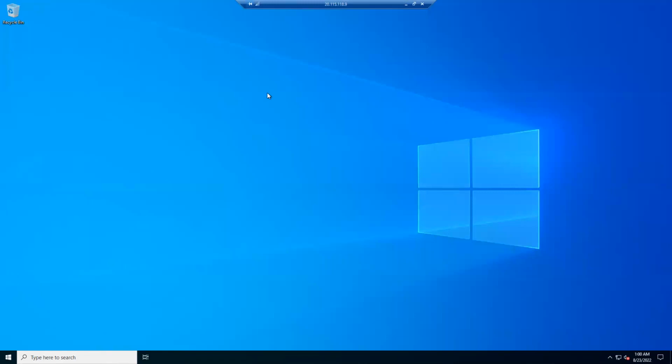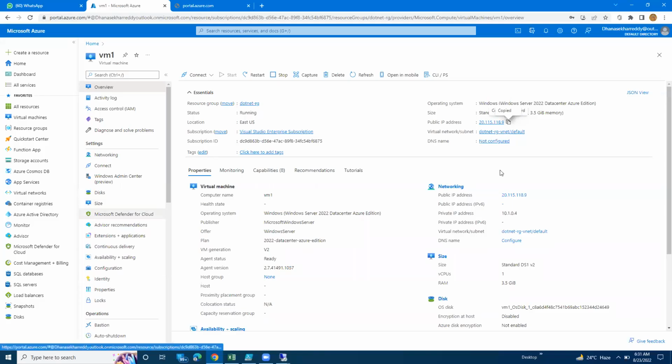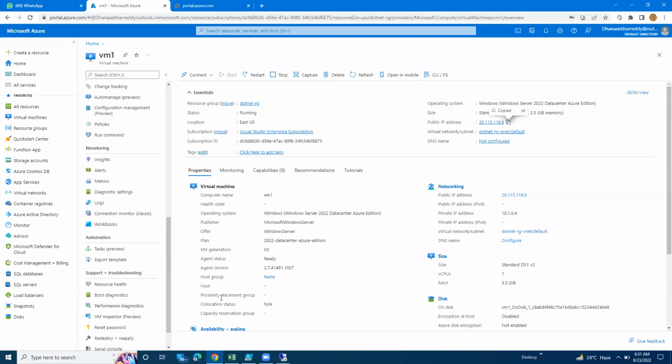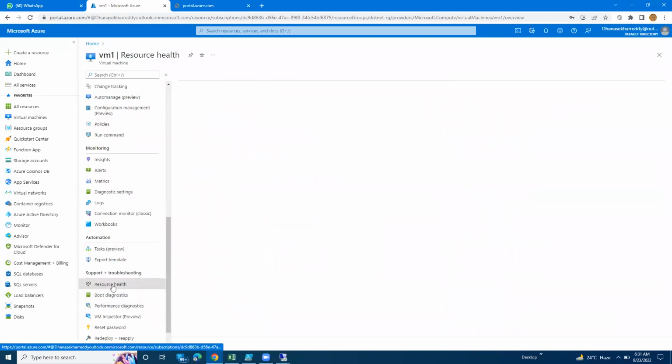So this is how you can create a new user or reset the password for an existing user within the VM. These are very important features which I will explain to you, so you have to practice in real time. The other thing is here you can check resource health. Resource health in the sense,